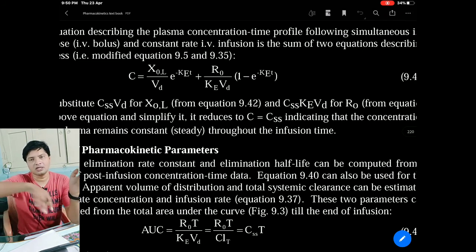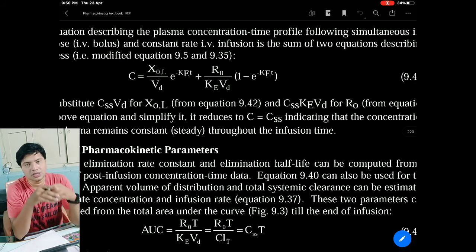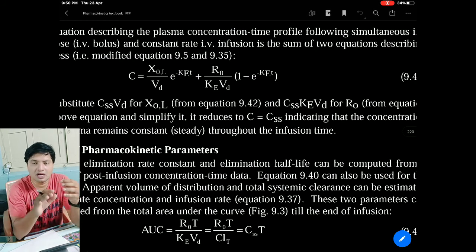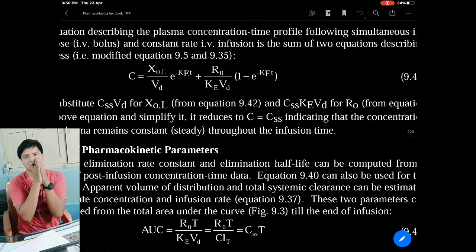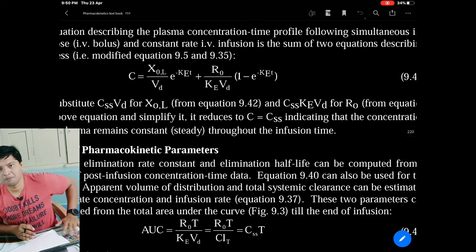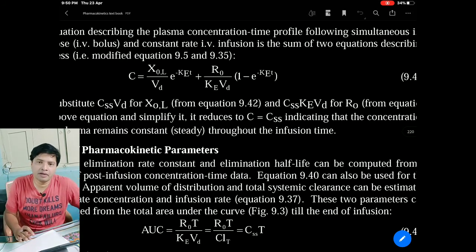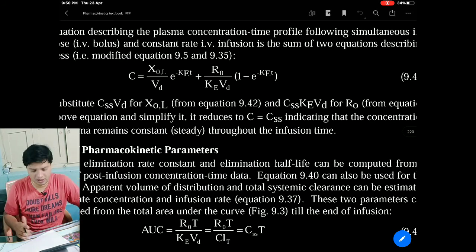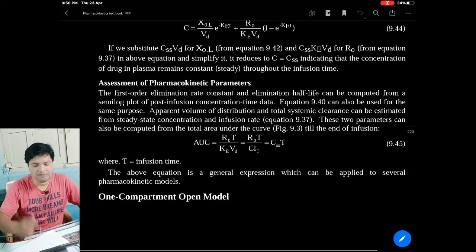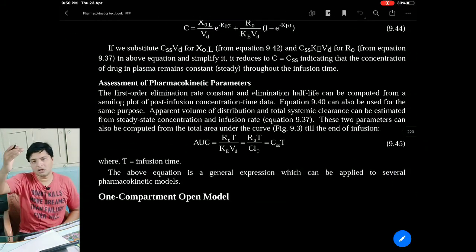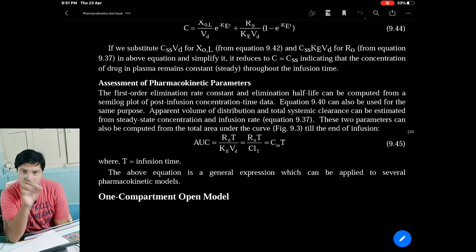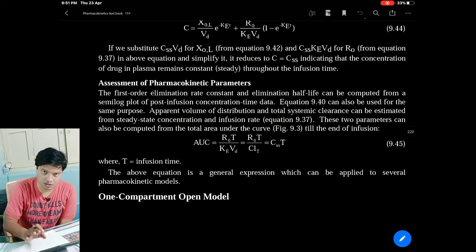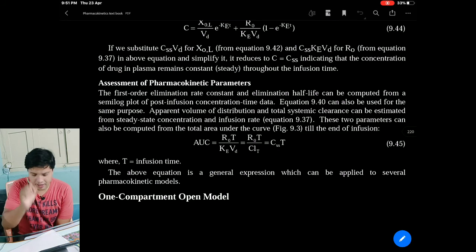Rate of infusion. Now what happens here? Due to this, you can maintain the drug concentration at the steady state concentration over a period of time. If you get a question like how to maintain the steady state concentration in IV infusion in a one compartment open model, then this is the equation for that. Then assessment of kinetic parameters, that is our second part. We saw how to determine the Ke from these values. And also, because Vd is coming in between, we can determine volume of distribution also. Clearance is also coming in between, so we can determine the clearance also.